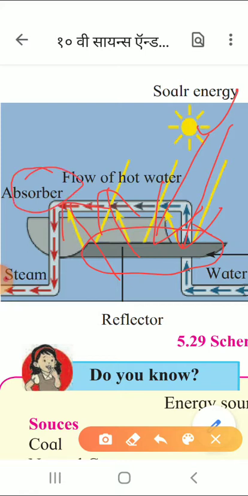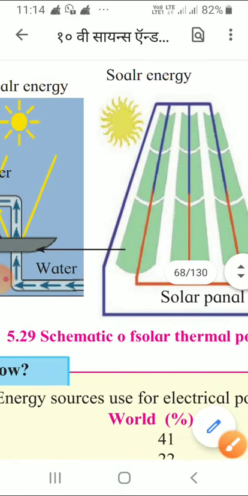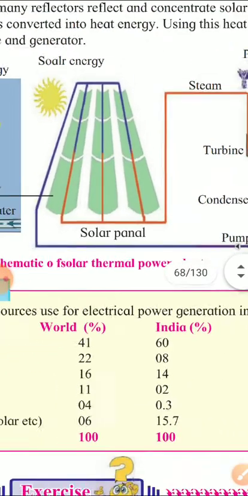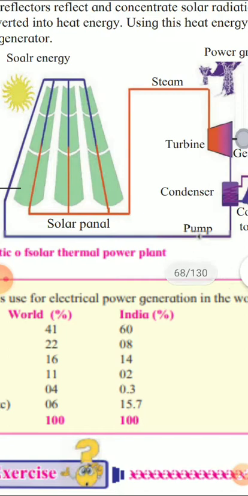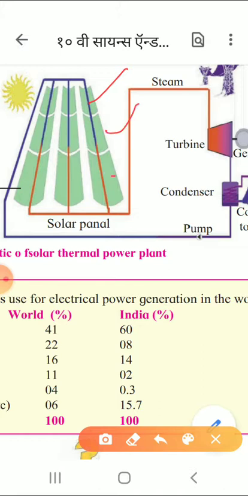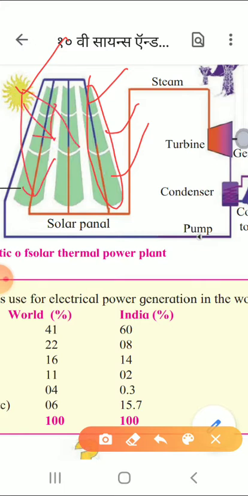Then here in these tubes the flow of hot water is taking place. From here the water is going, it is heated by solar radiation, and then it is going in the form of the steam. Now let us see here in this figure that how these are the solar panels, children. These are the solar panels. Here the tubes are there, in that the water is running. This is the solar energy. Solar energy falls on this solar panel.